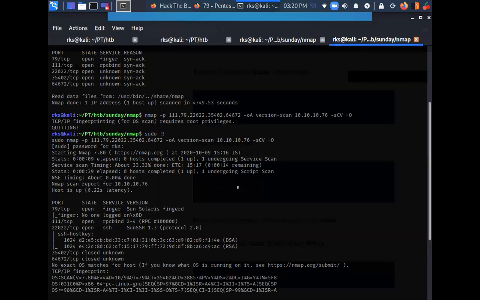Let's try with finger. And it says no one logged on. No output is shown to me here.